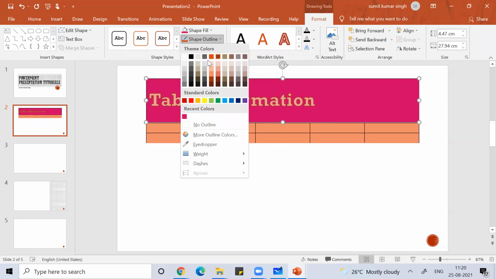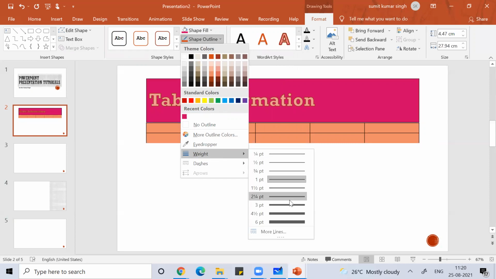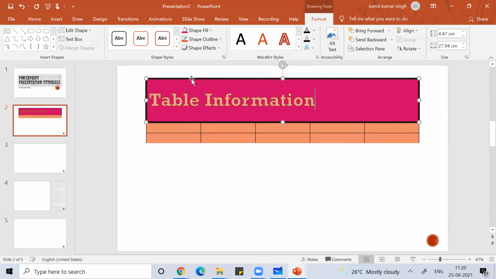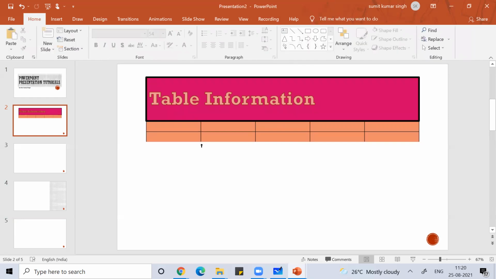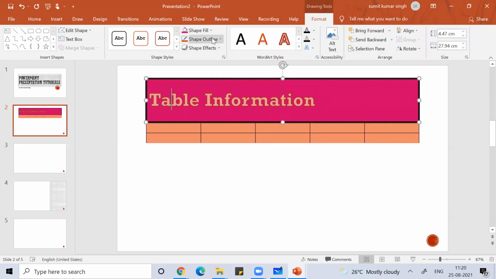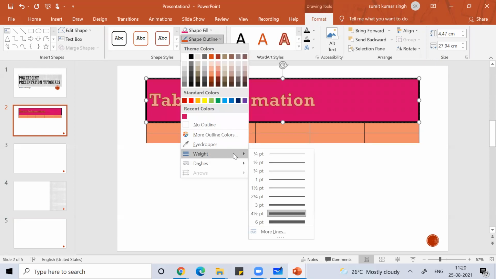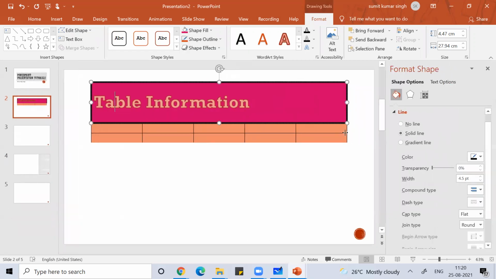Shape outline, no outline, more outline colors, weight. You can change this. So you can change all this. I hope you are getting it. This is the outline, this is the weight, you can change this weight, more lines. You can create more lines here.